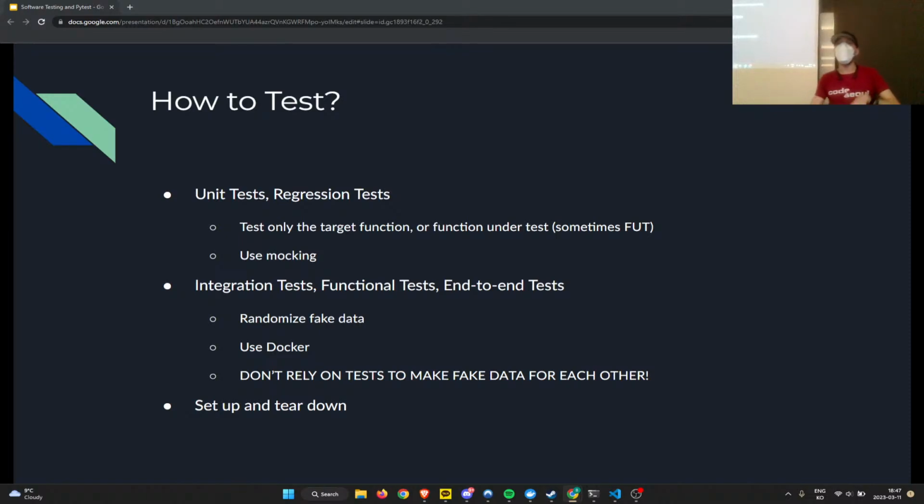And then for all of the above, there's this idea of setup and teardown. We've been talking about mocks, we've been talking about fake data. Setup and teardown is how you do these things. Setup and teardown are usually functions that are run before your tests, either before the entire test set or before individual tests. And then teardown is either after the whole test set or after each individual test. And you can use that to set up data and clean up data. You should usually clean up your fake data after running a test. Or if your test generates data, you should clean up that generated data. This keeps your testing environment clean, and it prevents tests from being influenced by each other. Okay? Hence the bullet point before. Okay? So does that all make sense so far?